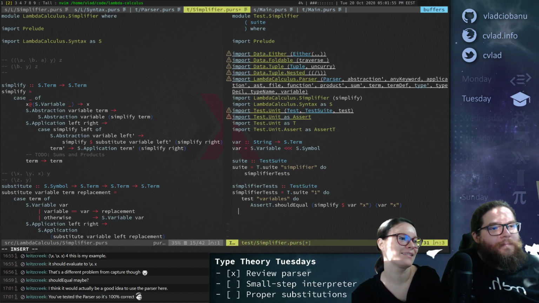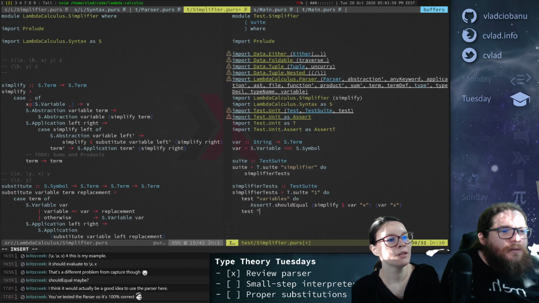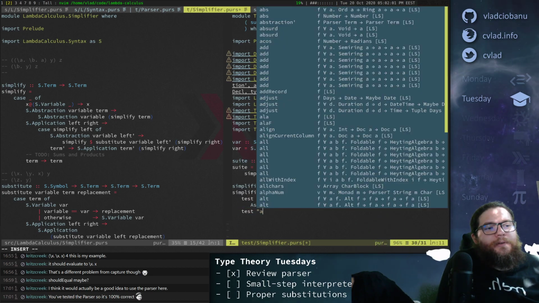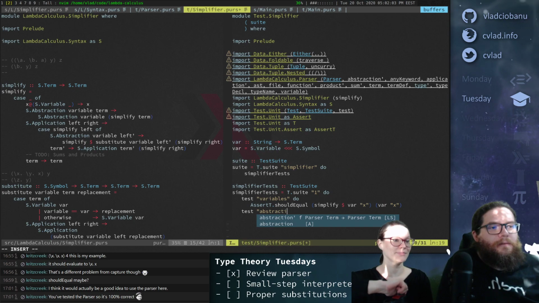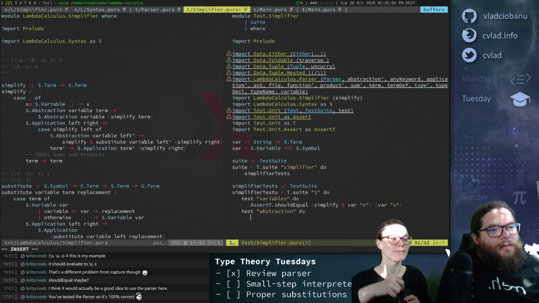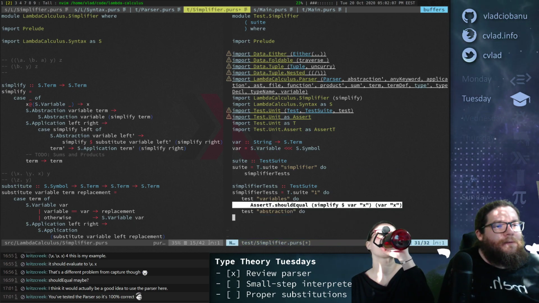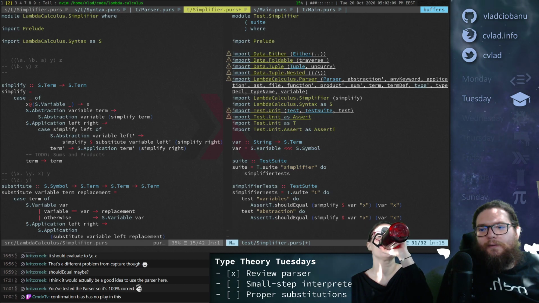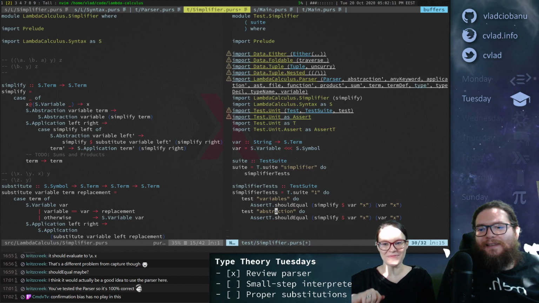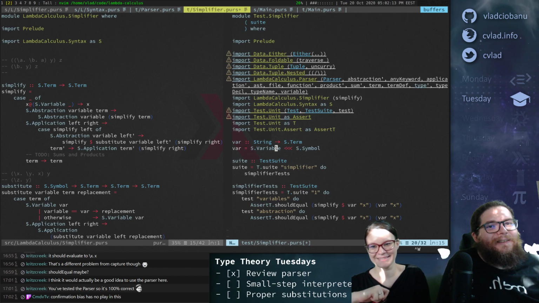Okay. So let's do abstraction, just to make sure it doesn't do silly things. Confirmation bias has no play in this. So